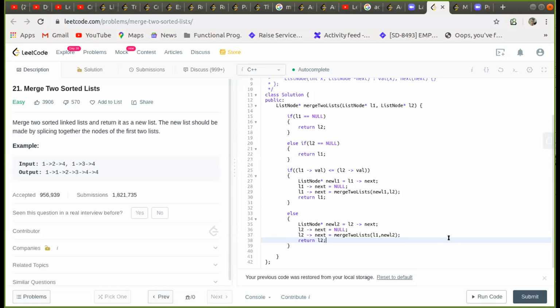And also on line number 27, you are holding the new L1 equals L1 next. You could have directly written L1 next in line number 29 when you're passing the parameters, right? Correct. Yeah. Just wanted to use the variable. But this is a very explicit way of doing it for a recursive to understand it very clearly. Yeah, that's good.